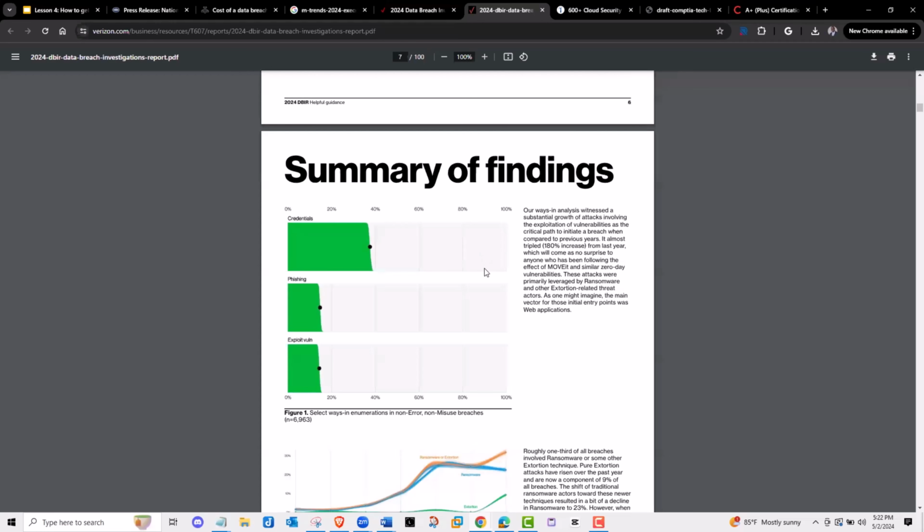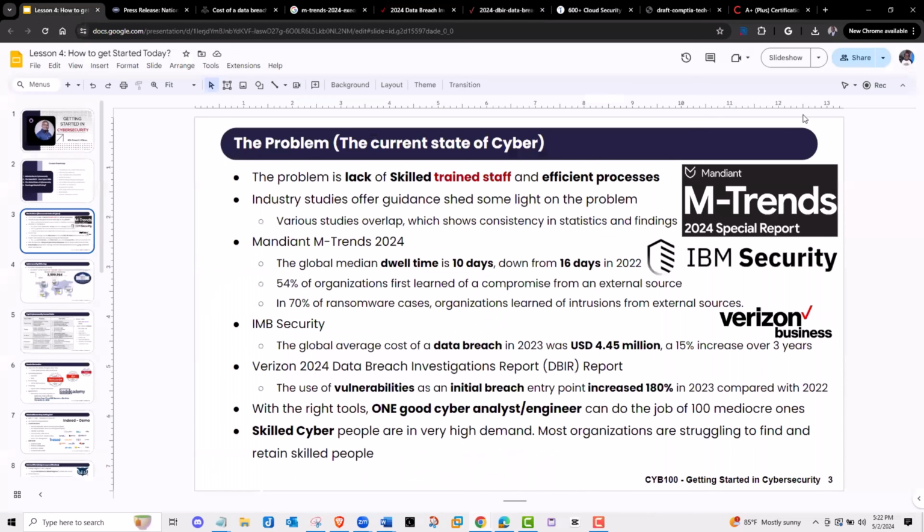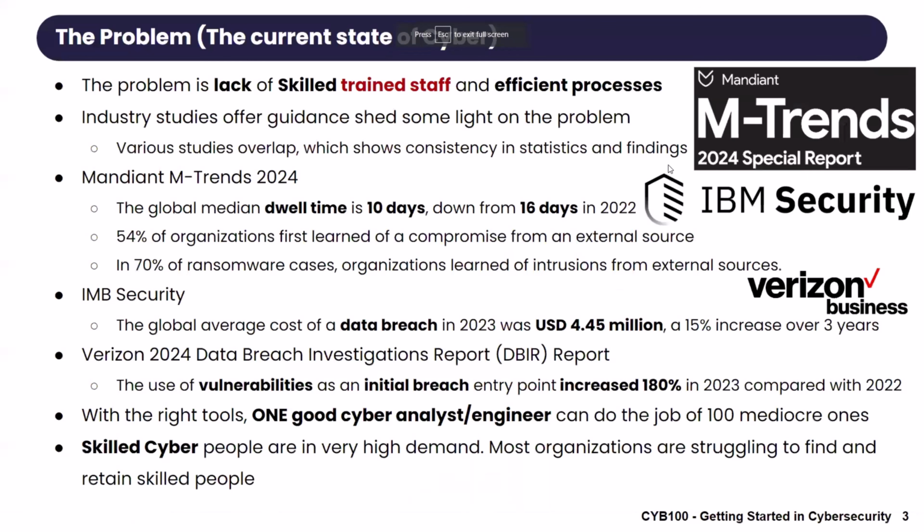I'm showing you this to tell you that the problem has not gotten any better. Right? That's the reason why I'm showing you all this. The cybersecurity problem is huge. It's not solved, and it's not going to be solved anytime soon. So I'll leave you with this.